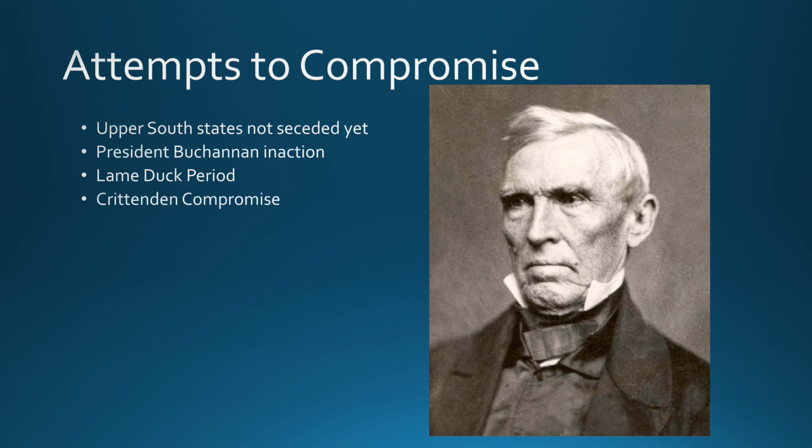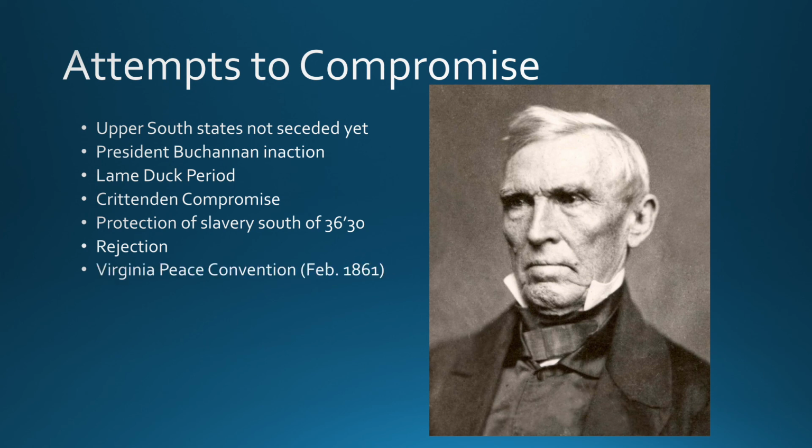There's one final compromise that's going to be put on the table, which is known as the Crittenden Compromise, named after this man, Crittenden. What Crittenden came up with was a compromise that would have protected slavery south of the 36°30' line across the country, basically. There are some other things about it, and I'll show you this in a map in just a little bit, but the reality is the compromise is rejected. This is not going to work itself out, as it doesn't really do enough for either of the sides, who, by the way, are mostly unwilling to compromise at this point.